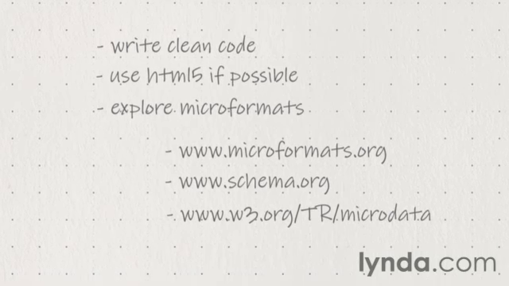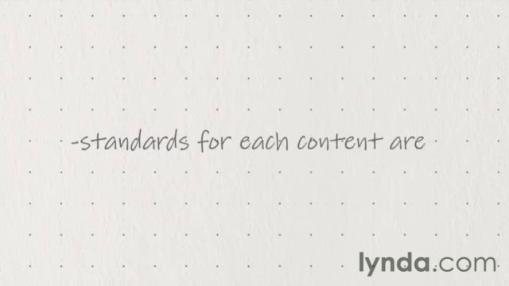As you begin to create more meaningful code, be sure to create standards for how specific content types and regions are structured. By thinking through these structures early in the process and making sure that you write consistent code throughout your site, you're going to make the process of writing responsive styles a lot easier.